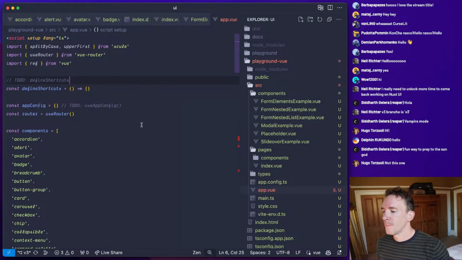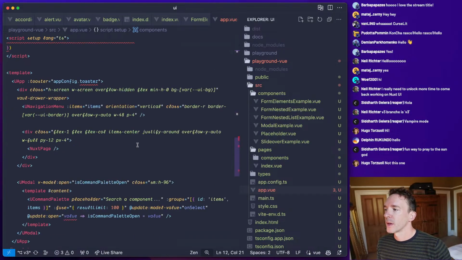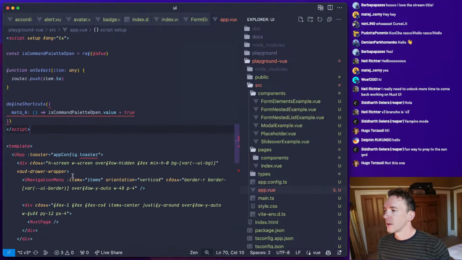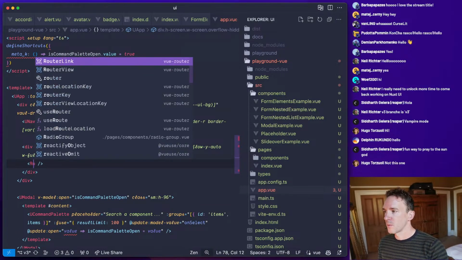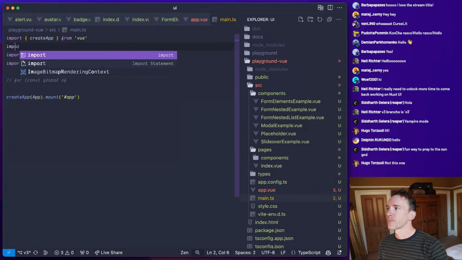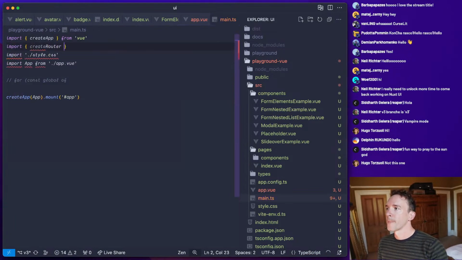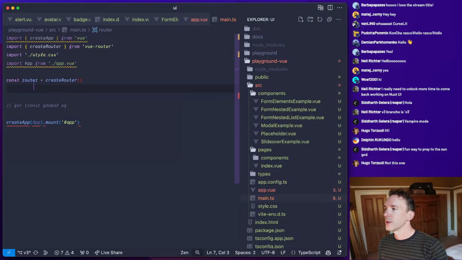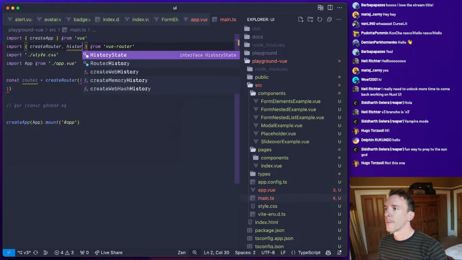Okay, we're rendering the home page. We also need to be able to render our page. So we'll say router view. And we need to register the router. Equals create router. We're going to do, I think, what kind of history?